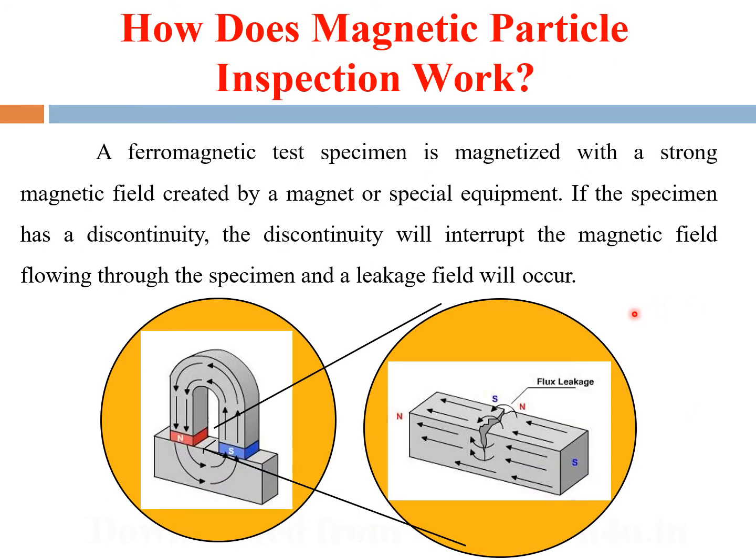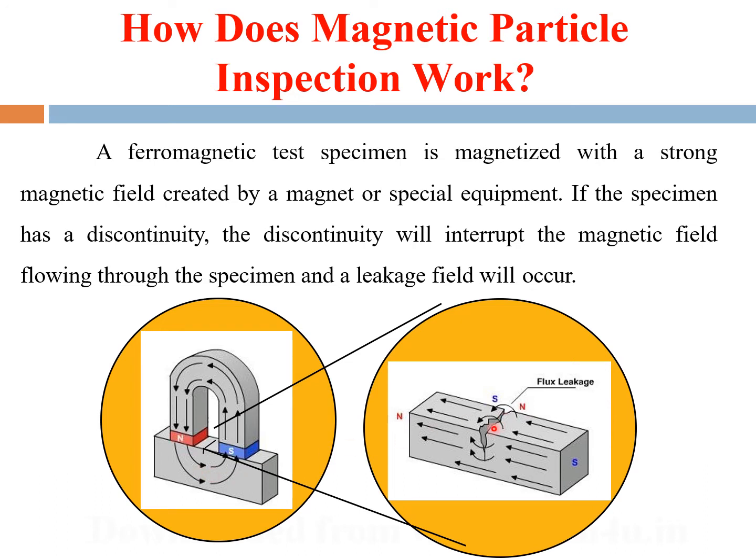Now, how does the inspection work? As we discussed before, it consists of two methods. The first one is magnetic flux leakage, and the second one is visual inspection. So what we do here is we choose a ferromagnetic material as shown in the figure, and we apply a magnetic field. Since it is a ferromagnetic material, the magnetic lines of force are strongly attracted by the magnetic field. So the magnetic domains will align with each other.